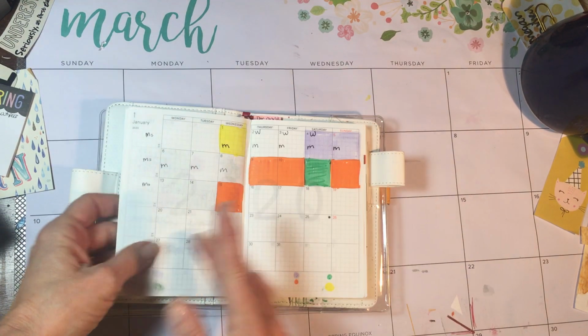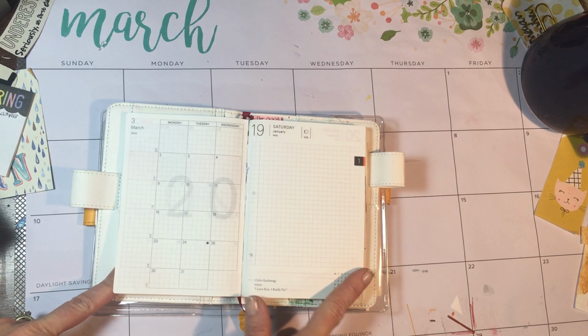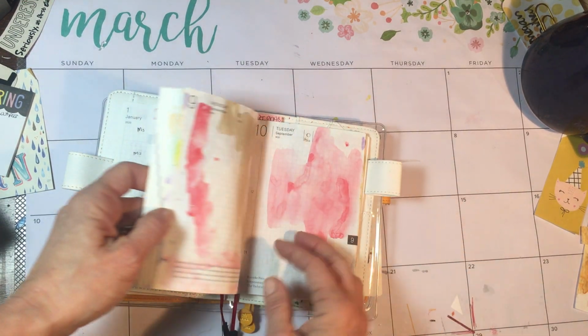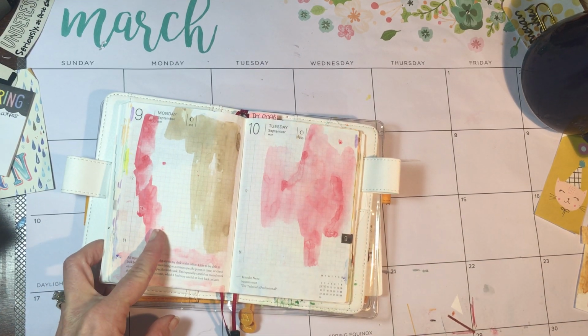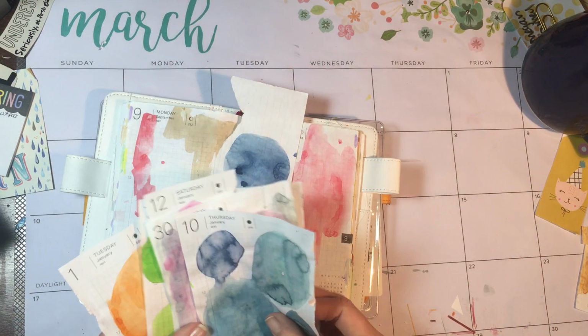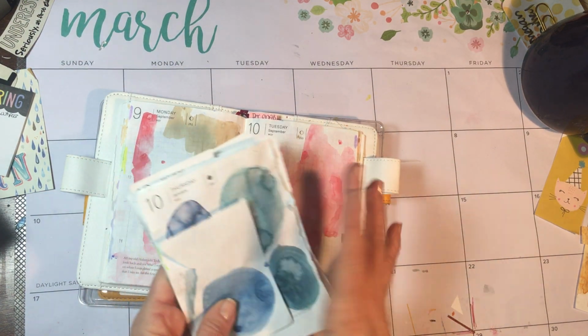I'm going to do some sort of weight tracker, like a graph. I always like to graph my weight just to see it through the year, so I will put that in my new one as well. This book, my older book, is the one I've been playing with my paints in. I posted a picture on Instagram, if some of you saw that. I've actually been ripping the pages out and laying them on my desk and painting, because I don't want to waste this paper. It's really fun. So I've been using these in my